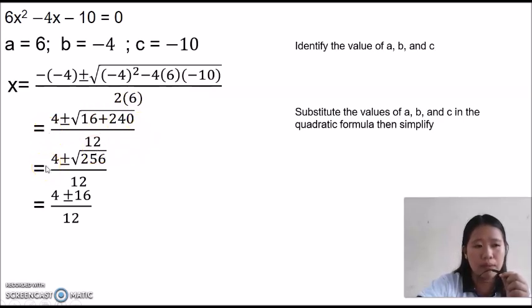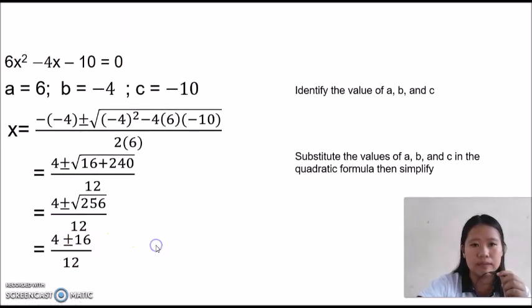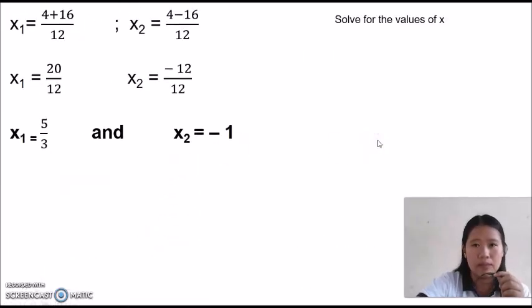So, that is now equal to 4 plus and minus the square root of 256 all over 12. And the square root of 256 is 16. That's why we have 4 plus and minus 16 all over 12. So, solve for the values of x. We have now for the first one, dun muna tayo sa plus. We have 4 plus 16